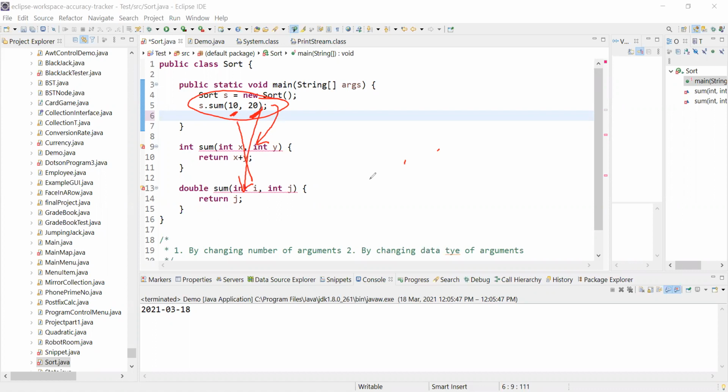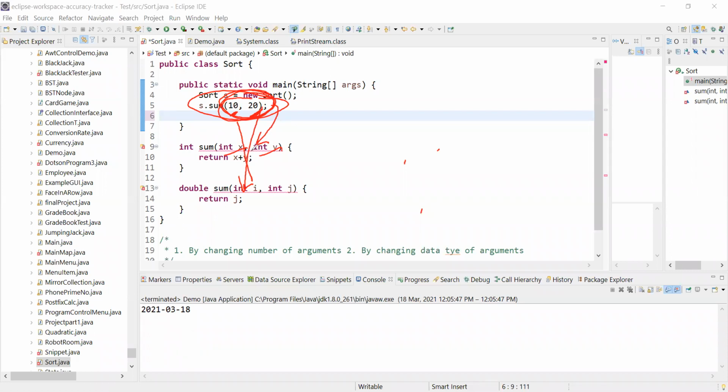When we are talking about overloading, the compiler tries to resolve the method calls by the parameters which we are passing. And you can see in both the methods, the parameters are the same. What I mean by parameter is the type; the name doesn't really matter.